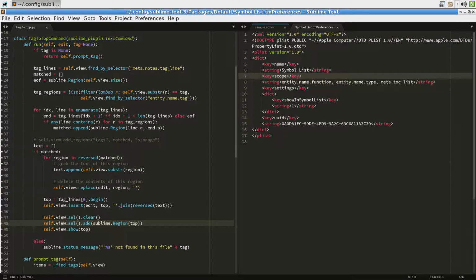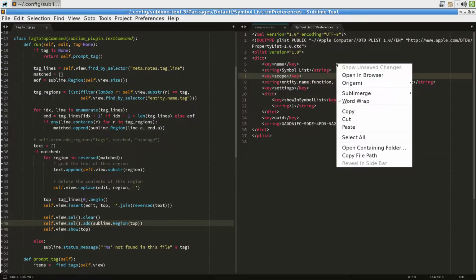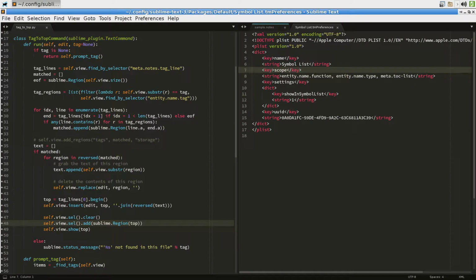Now, this is actually a plist file. I'm just going to quickly turn off word wrap for this. If you're a Mac person, you're probably aware of what a plist is. I think, I don't know. But it's an XML file that represents a dictionary. So this could actually be represented as a JSON file, and fingers crossed, perhaps a future version of Sublime will bring that in. So in this dictionary, the key is name, the value is symbol list, the key is scope,